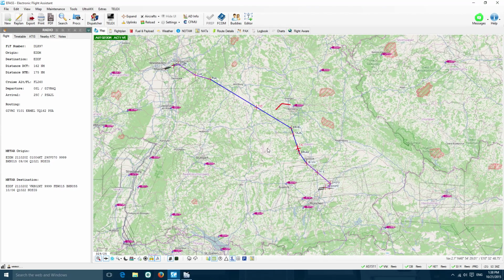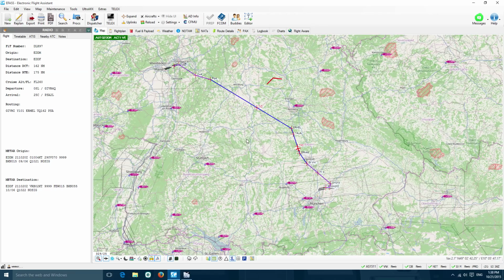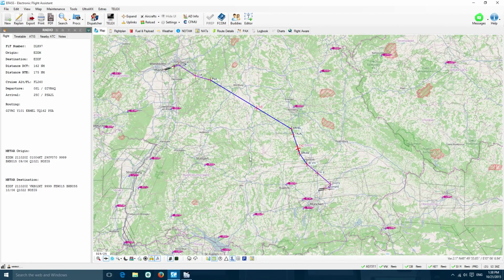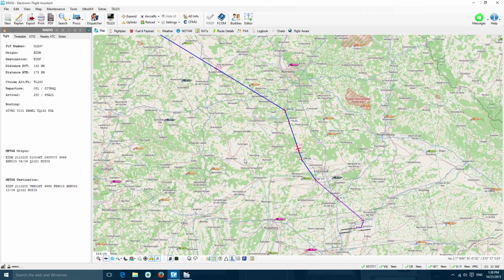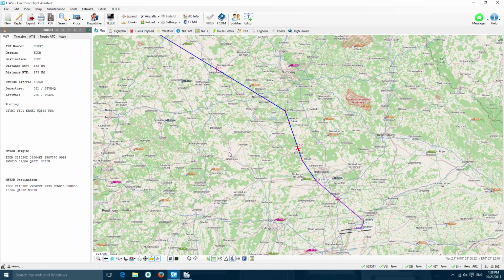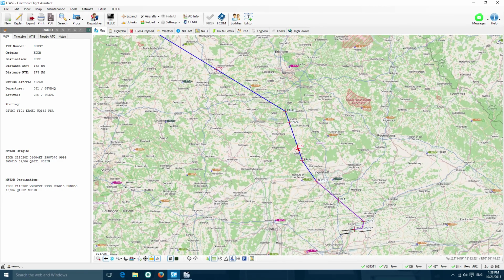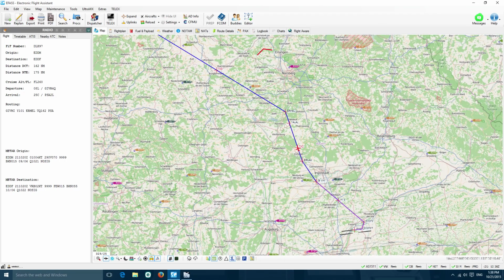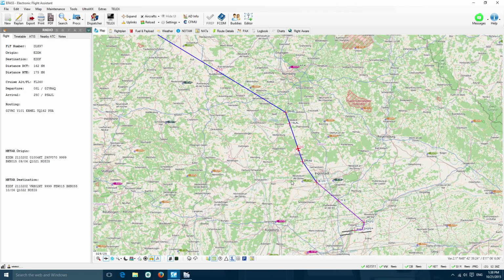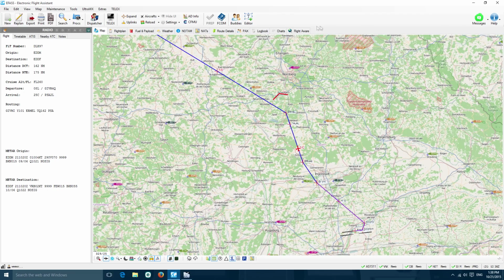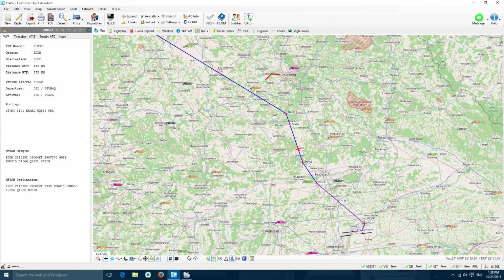So I highly recommend that you really get this application. You can get it for free for limited use, but once you register, you get the full features. Of course, you can view your VATSIM and traffic and what have you. So anyway, this is basically